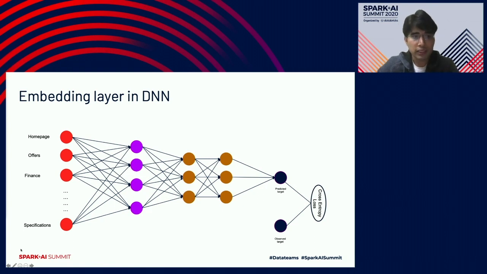So in our case, if we pass the sequence of the steps that the customer has taken as the input to the model, we build a deep neural network, and this first layer becomes our hidden layer, or the embedding layer. The number of neurons that you want in the hidden layer defines your embedding size. So that fixed size vector is what you would get as an output from this layer, and the rest of the network you can decide as you want.